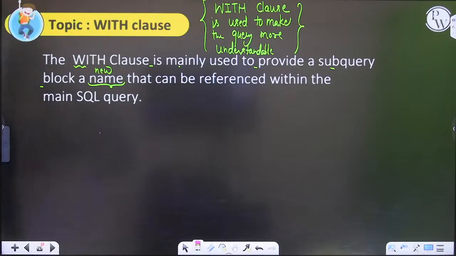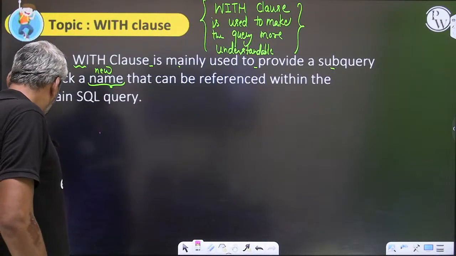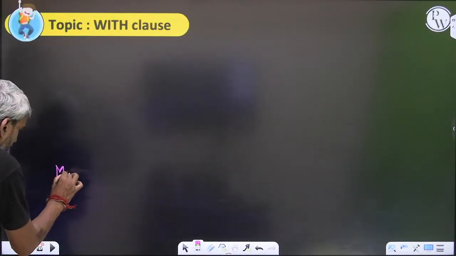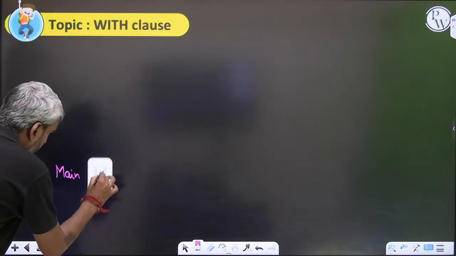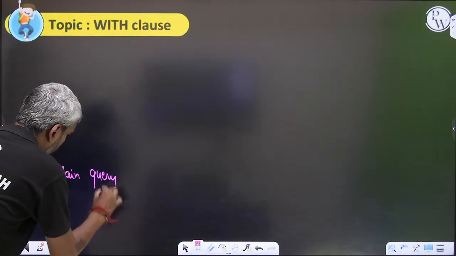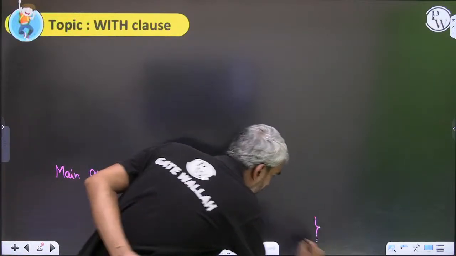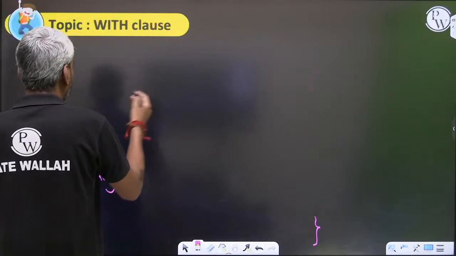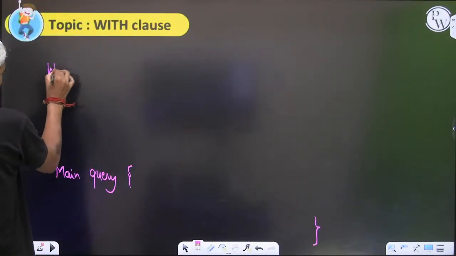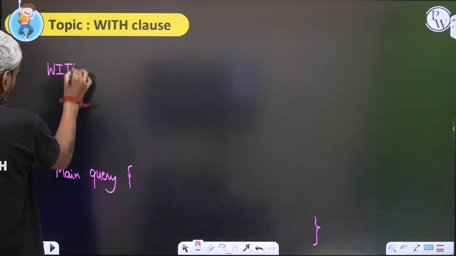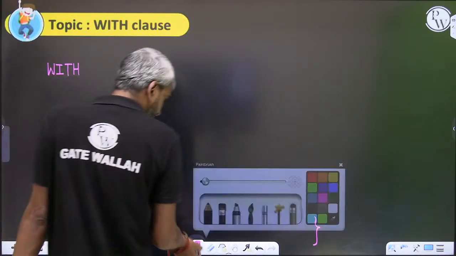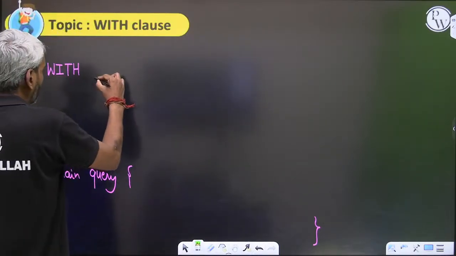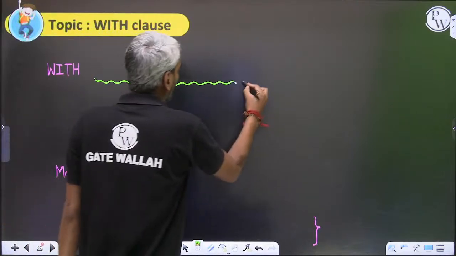So how exactly will things work? Before you write your main query, this is your main query. So before you write your main query, you will have some subquery. So you will use the with clause to create a new relation. Now, how does it work? With, then what will happen here? Here you will define the new name